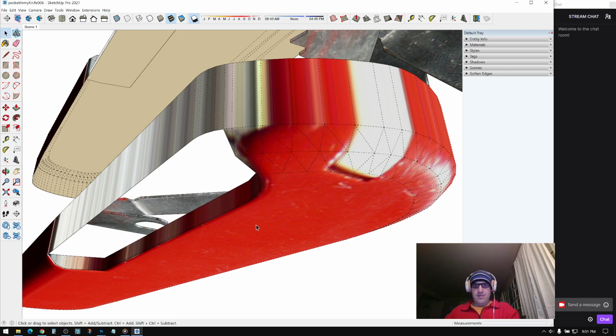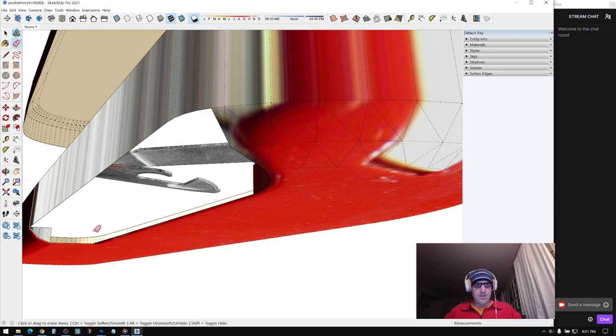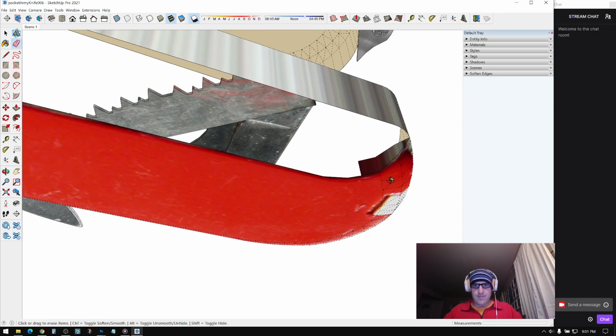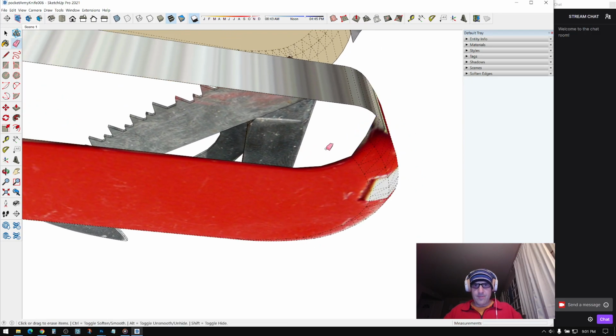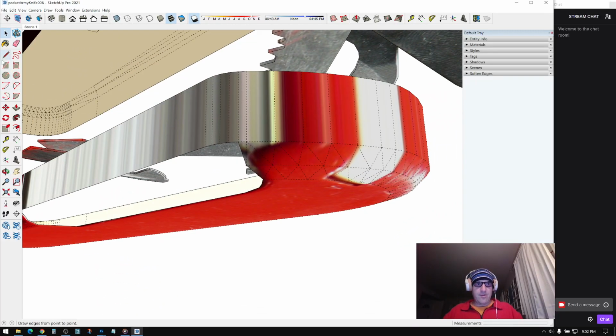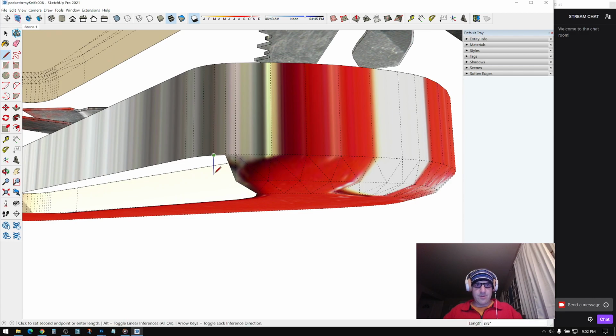So let's delete this inner part that we don't need. Now we can start to fix the mesh by just drawing these